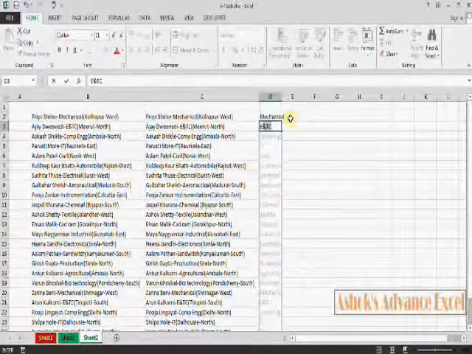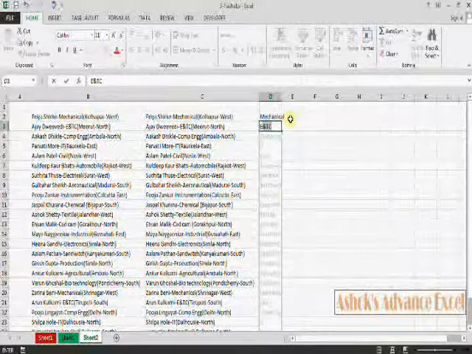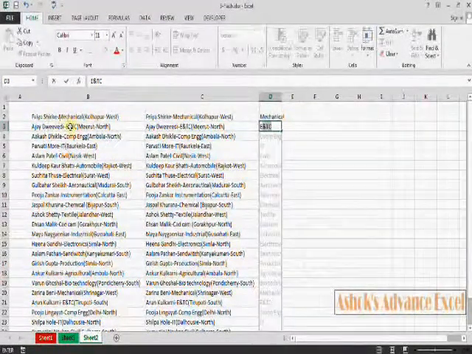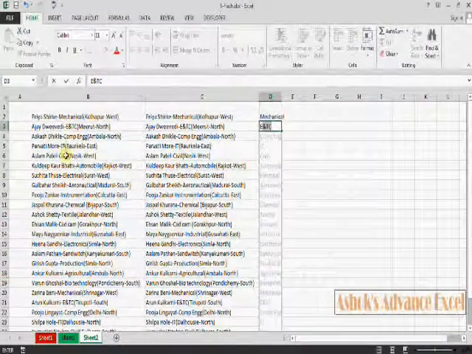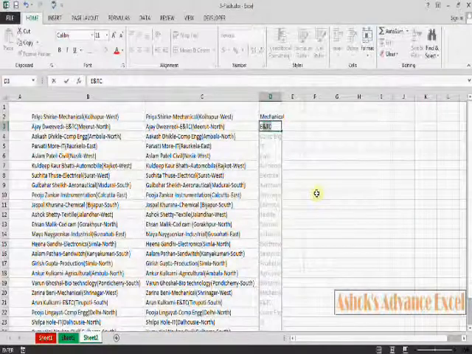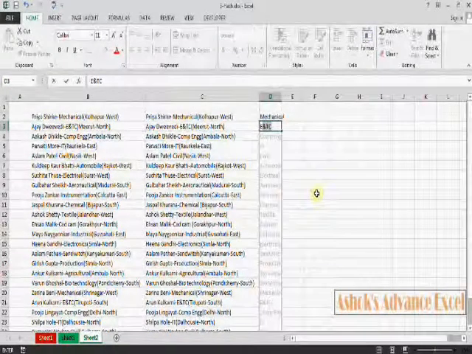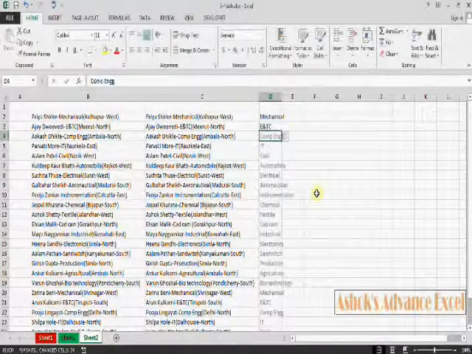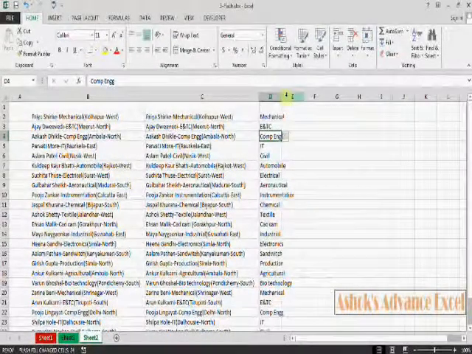Okay, now you can see that particular data which is here, mechanical, ENTC, computer engineering, is extracted and Excel has given that particular data here. Okay, now press enter and resize the column.